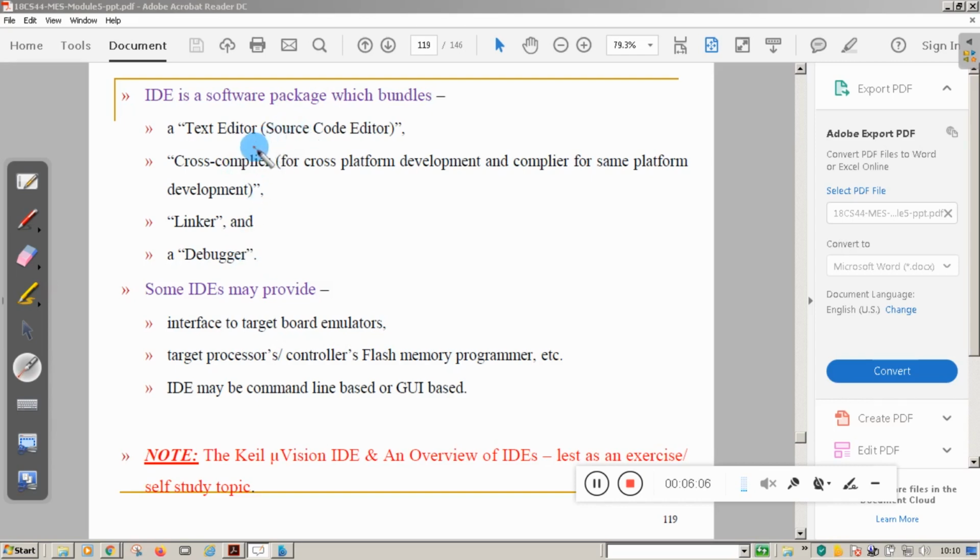In the text editor you write the source code. Then the cross compiler: in your laptop you develop the firmware for the target board, and that compiler is called a cross compiler. Then the linker and debugger. Some IDEs may provide an interface to target board emulators, target processor controller, and flash memory programmer. An IDE may be command line based or GUI based also.